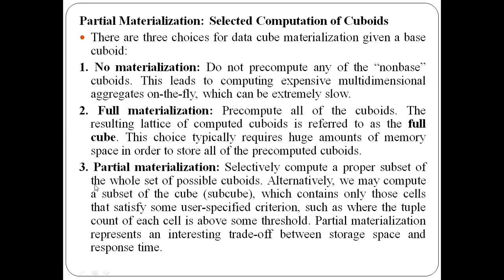The third and best option is partial materialization. This is the one normally recommended whenever you are trying to save the results of a data cube. In case of partial materialization, we choose some of the cuboids which we want to pre-compute. We will not compute all of the cuboids, nor will we skip the computation entirely. Moderately, we pre-compute some of the cuboids. Based on a user-specified threshold, we choose some of the cells, and for those cells we calculate the result of the cuboid, that is, the aggregation. That is called partial materialization.